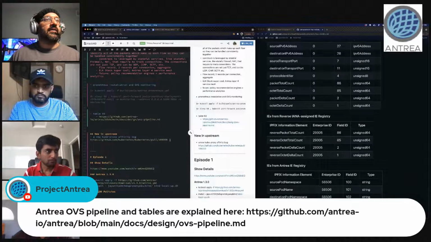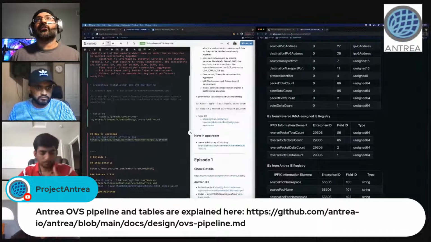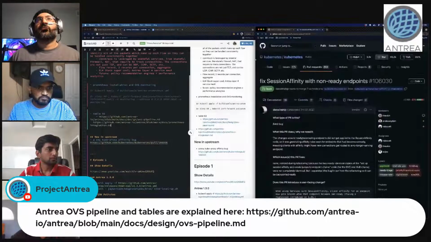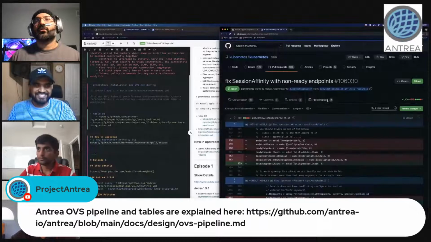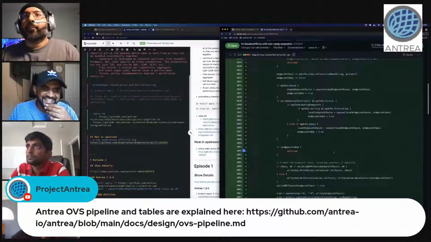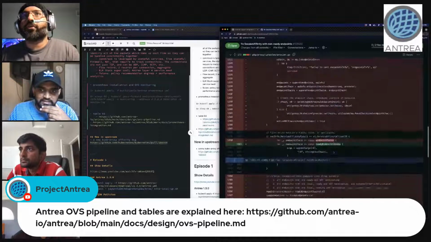There's a new bug that was filed on Coop Proxy. Speaking of why it's a great idea to run Antrea proxies, because look, Coop Proxy has a bug and it's not going to be fixed till the next release. But I bet you anything, it's going to take us more than 10 minutes to go through this. But anyway,